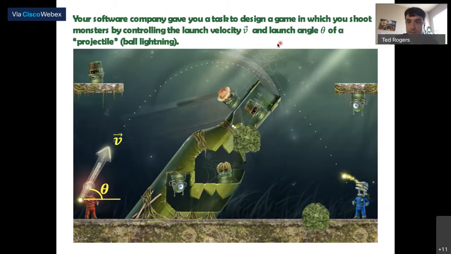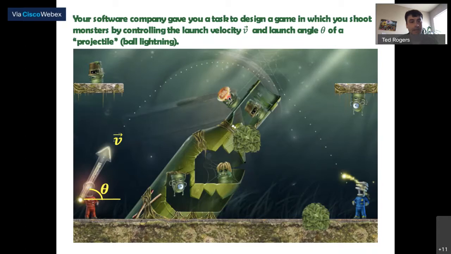Say that you've been given the task to design a computer game, okay, where you're this little creature in red over here, and you've got some kind of ball lightning ray gun that you use to shoot some other kind of monsters. Maybe this kind of monster here.